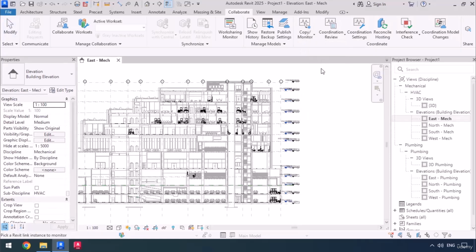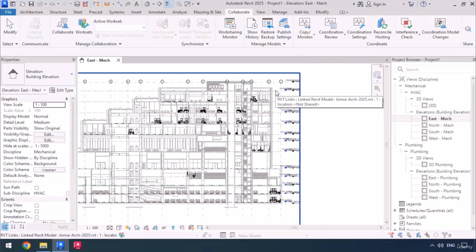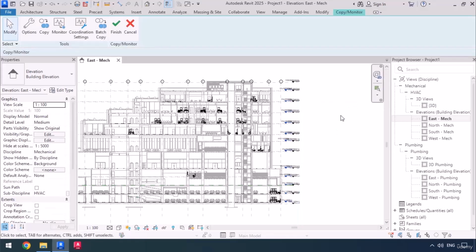Now I'm going to have to introduce the architectural link that I'm going to copy from. I'm going to move the mouse over on the architectural link, which we could also see its name and information in the tooltip. And now once I click on the link, it's going to be selected. Once we've selected the architectural link, this new tab will be added here called Copy/Monitor, as well as its tools